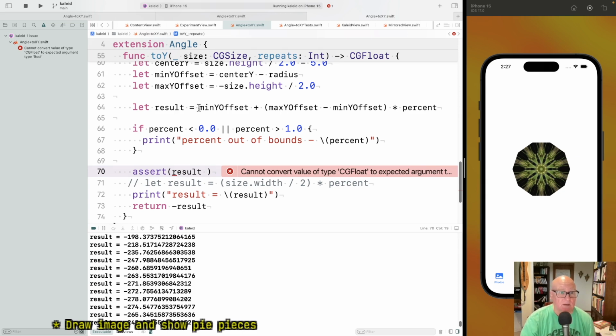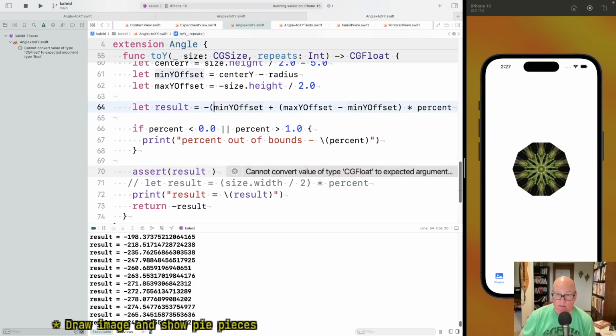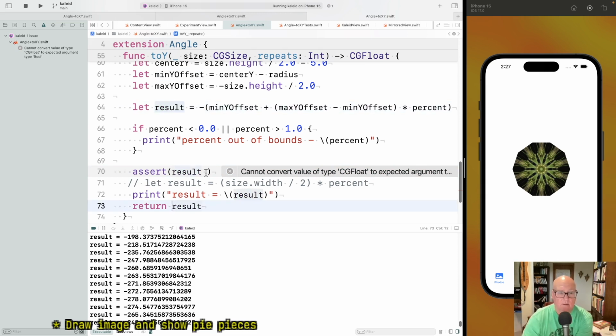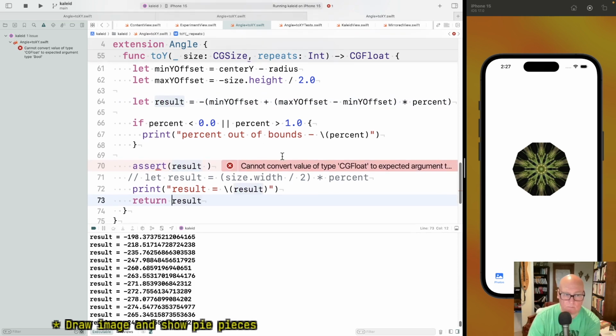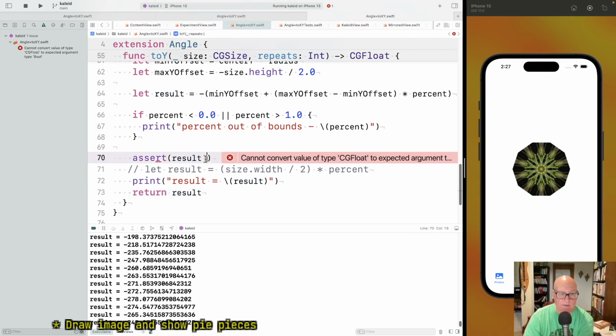Well, and this is not what my result is. It's really this negated, and this is there. Okay. Result,